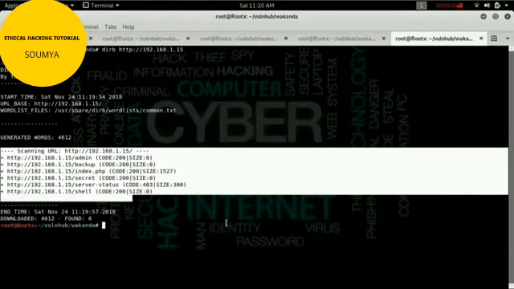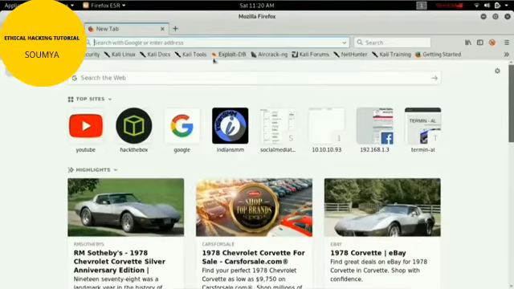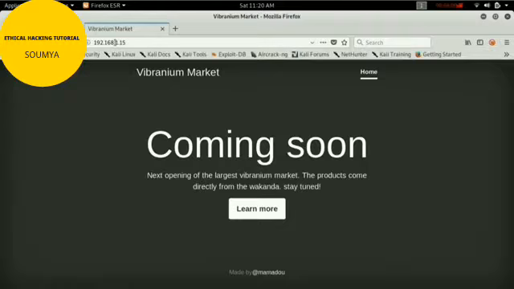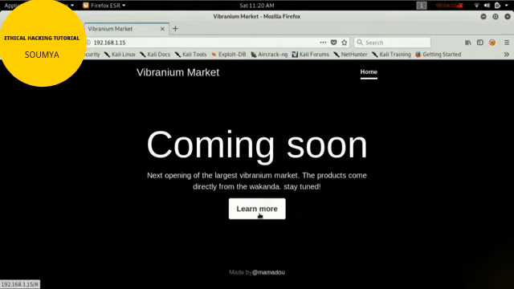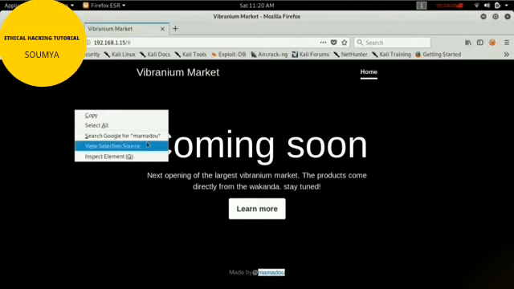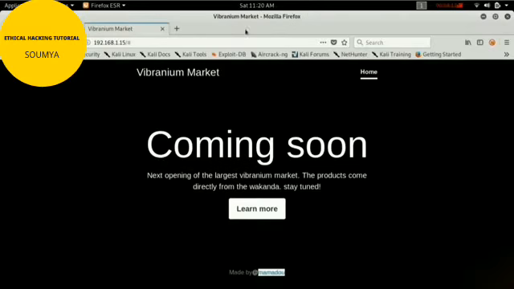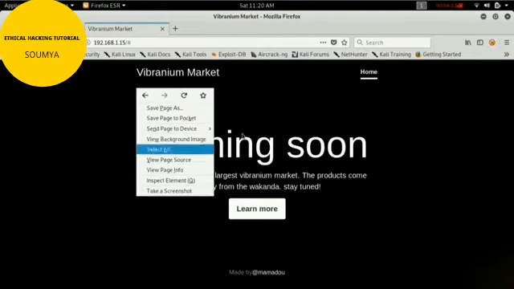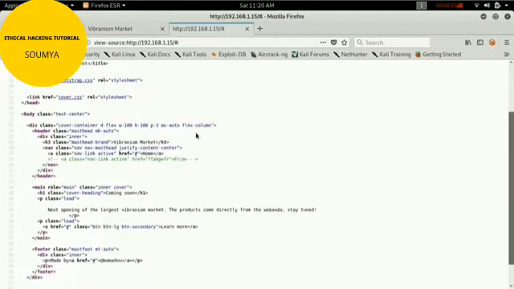Then I'm using dirb to find which folders there are in this website. It shows admin, backup, index, secret. We are able to access these folders. Let me go to the browser. Type 1.15. Okay, here there is nothing. I think it's just created by Mamadou. Okay, in the source code we got nothing. I'm just trying the source code.